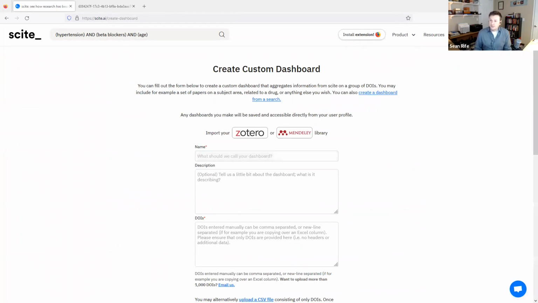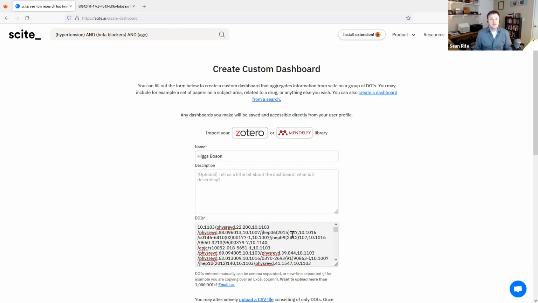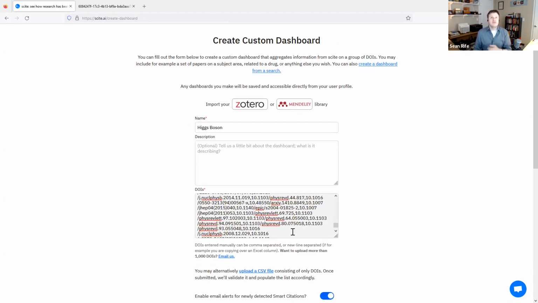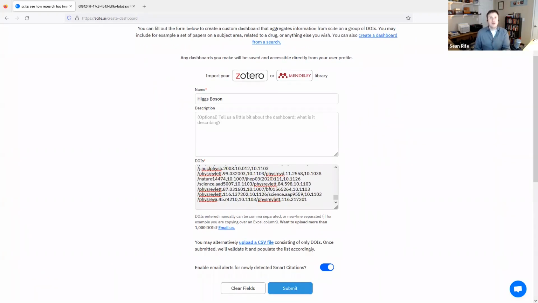Our system, anything with a DOI, it knows about. So if you have a list of DOIs, you can create a dashboard based on that. For example, a set of DOIs that I've collected before on the Higgs boson, a list of DOIs that I've exported from other software. I can just copy and paste that into this text box here, and then create a summary of those papers